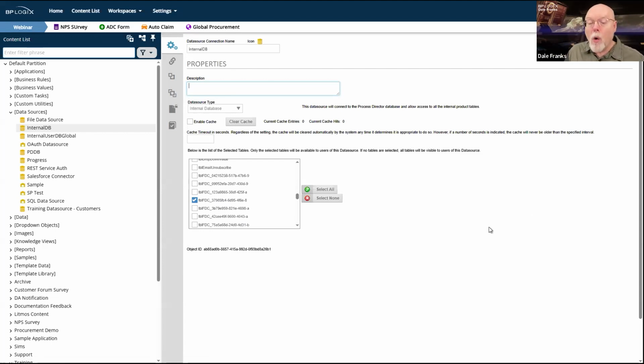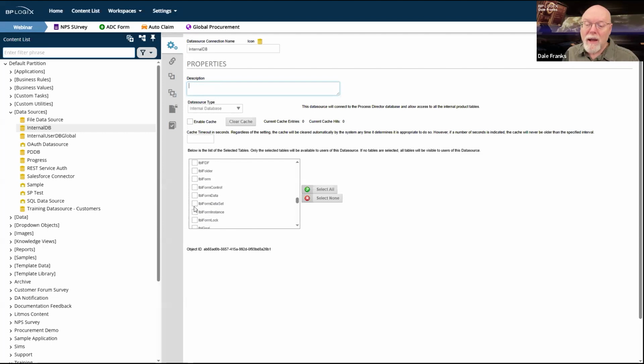Now, only data from that specific form, all of its form instances, is stored in this table. Normally, what happens in Process Director is all data from all forms are stored in a single table called Table Form Data.